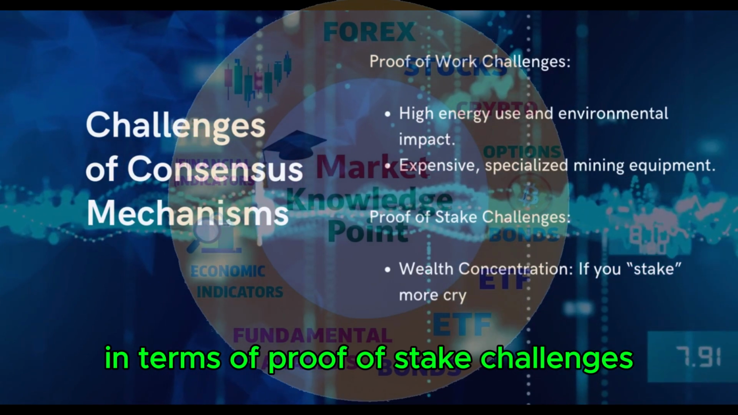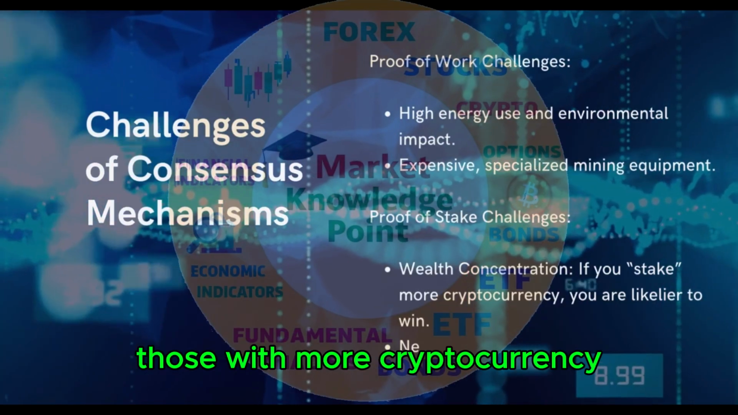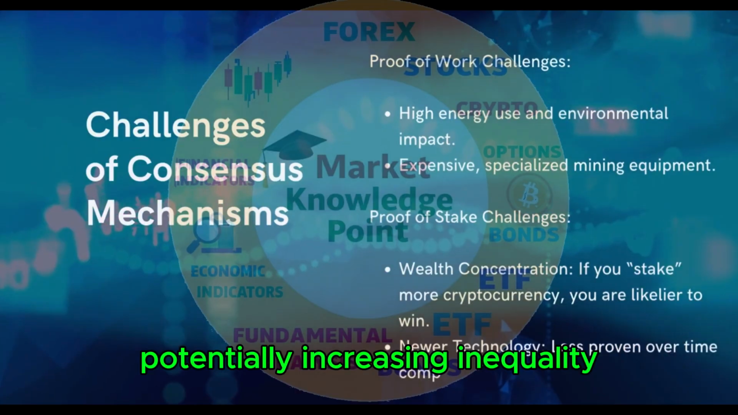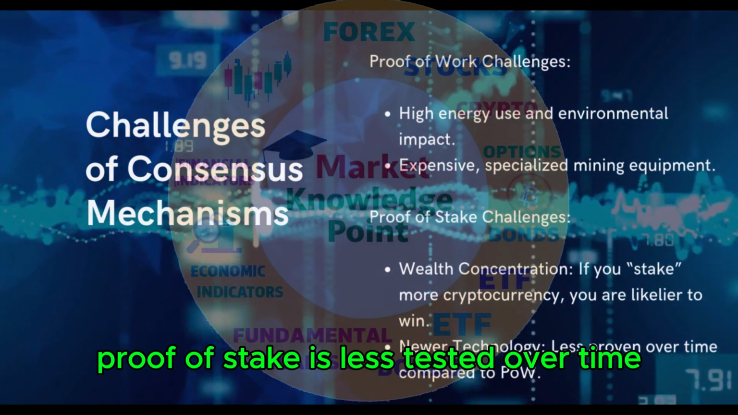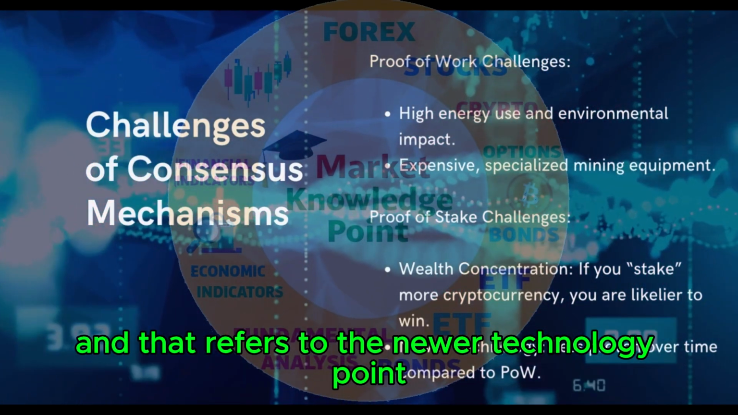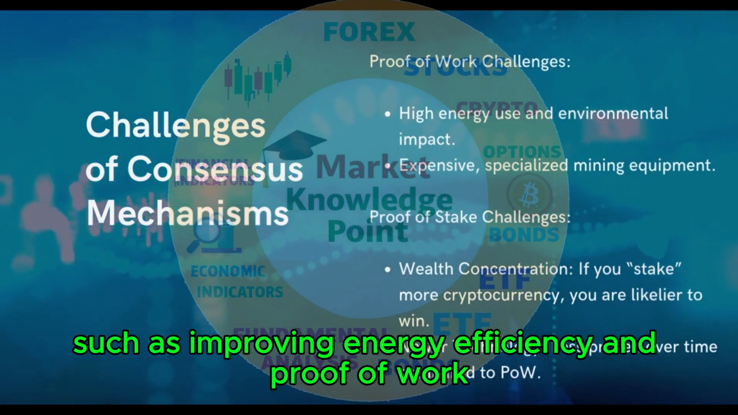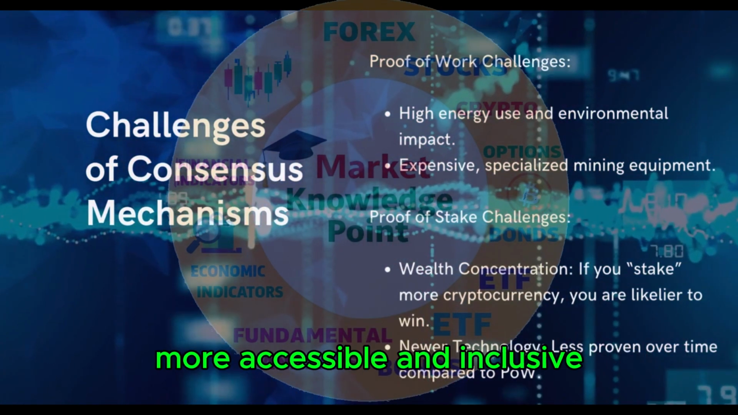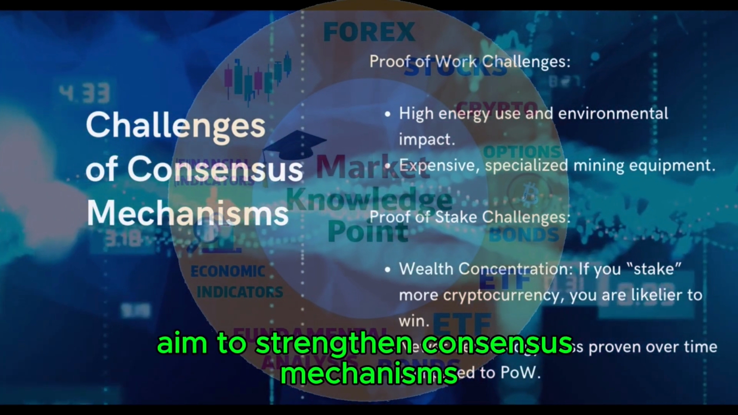In terms of proof of stake's challenges, the first is wealth concentration. Those with more cryptocurrency have a greater chance of earning rewards, potentially increasing inequality. And the other point is proof of stake is less tested over time, which raises questions about its long term security. And that refers to the newer technology point. So, efforts are underway to address these issues, such as improving energy efficiency in proof of work and making proof of stake more accessible and inclusive. These advancements aim to strengthen consensus mechanisms